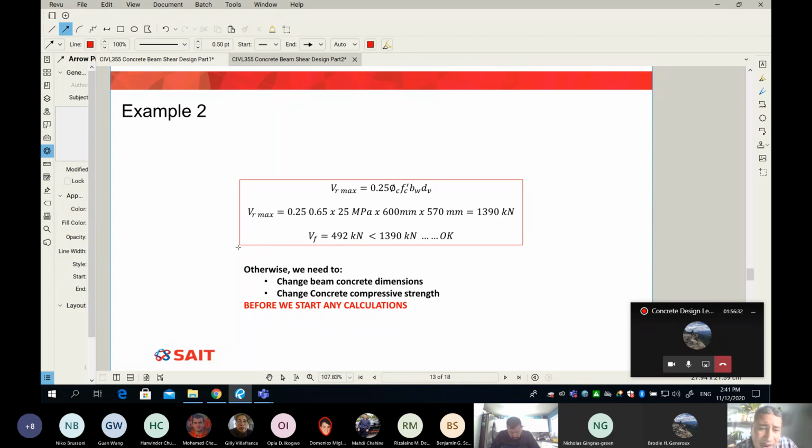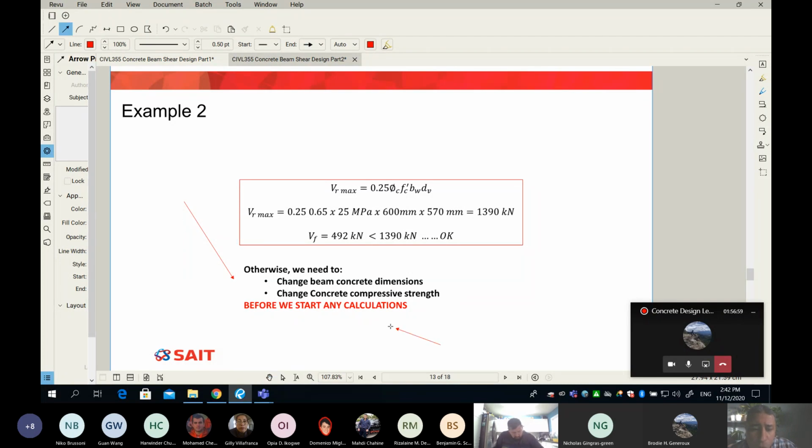Guys, please pay attention to this. I make it bold and in red. Otherwise, what happens if this is not satisfied? What happens if I find my VF exceeds my VR maximum? What can I do? Change some dimensions of the concrete beam, B and H, or change the concrete compressive strength. And remember,